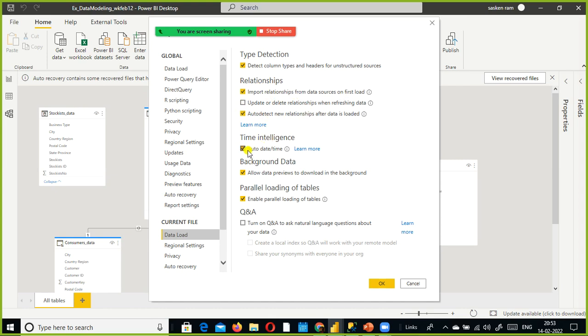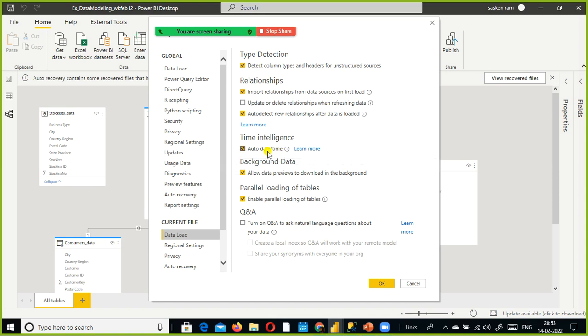And also when it comes to date table, this one is by default enabled. Which means Power BI creates the date table on your behalf behind the scene. You don't have to create the date table explicitly.